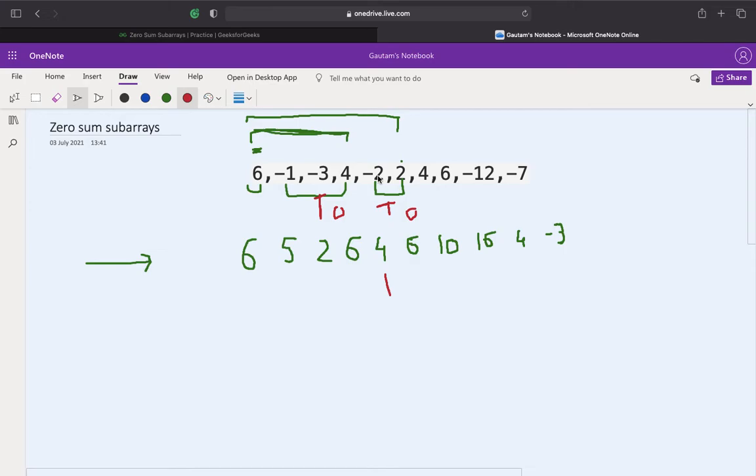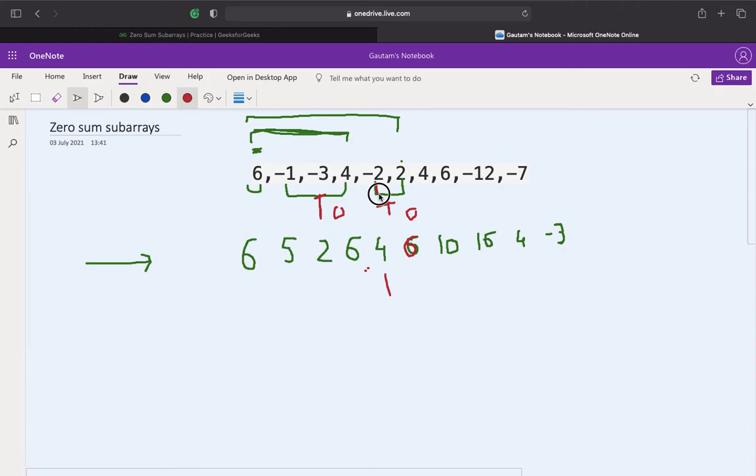We need to find how many subarrays there will be if there are more than two repeating elements. So we'll start with this 6, and then we have the second 6. That means there is one subarray whose sum is equal to 0, and then there is another 6. That means there are two subarrays for this 6. Why?